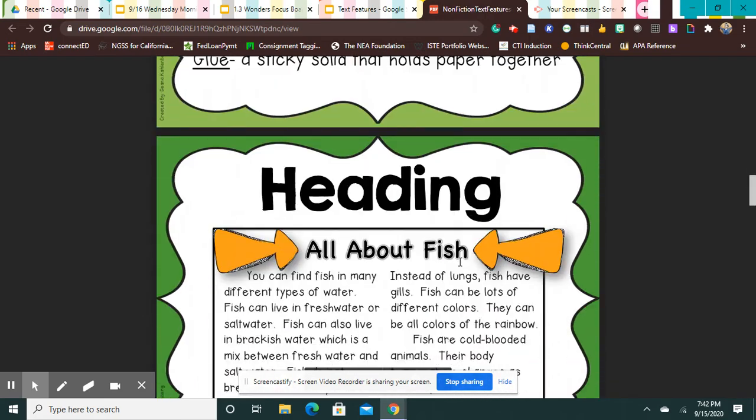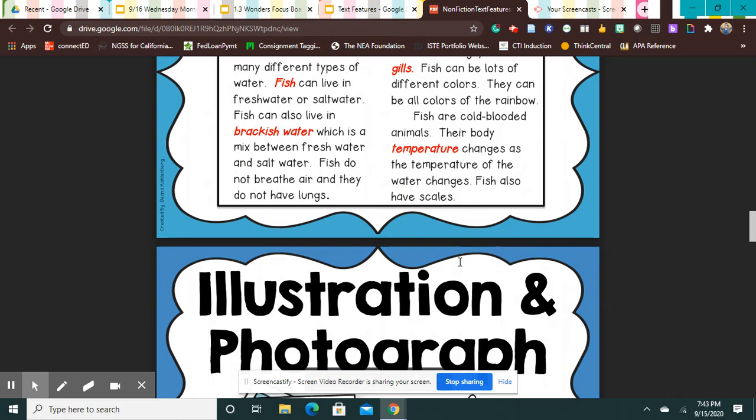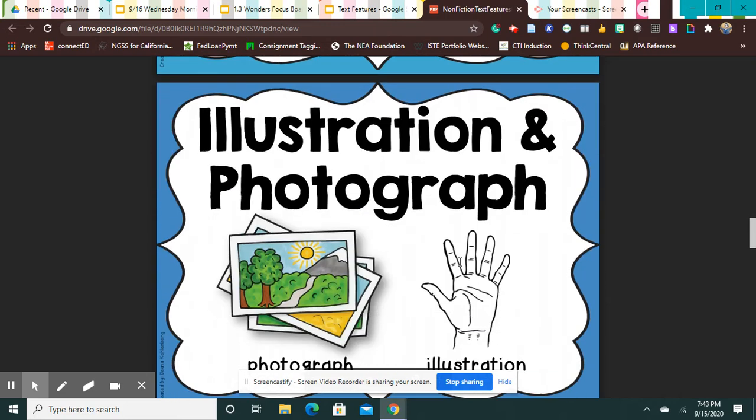I'm getting to another one. We talked about keywords. Oh, here's a big one. Illustrations and photographs. So when we're learning about things that maybe we haven't experienced or we haven't seen, or we're